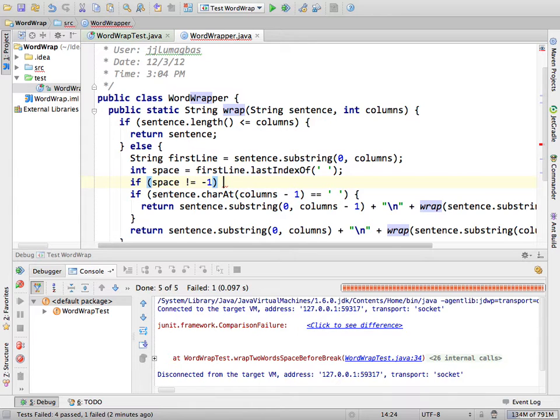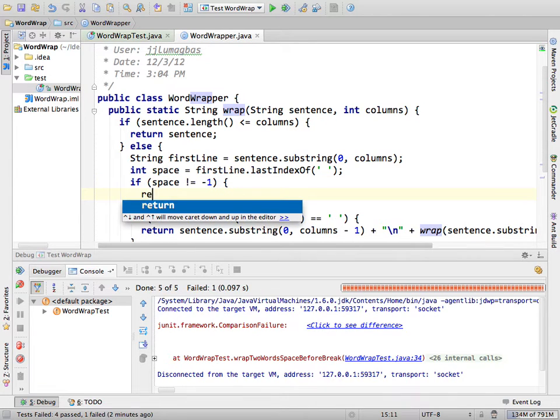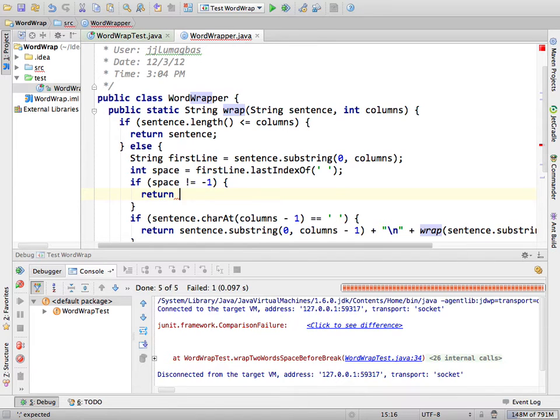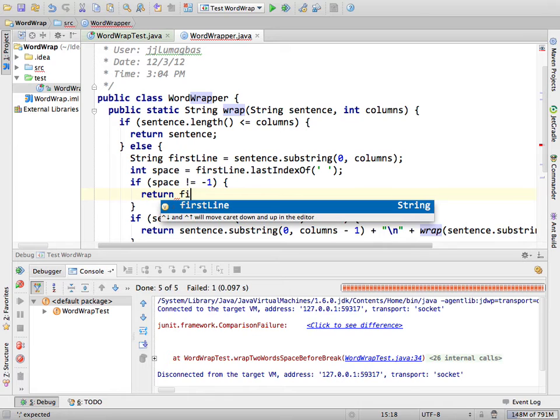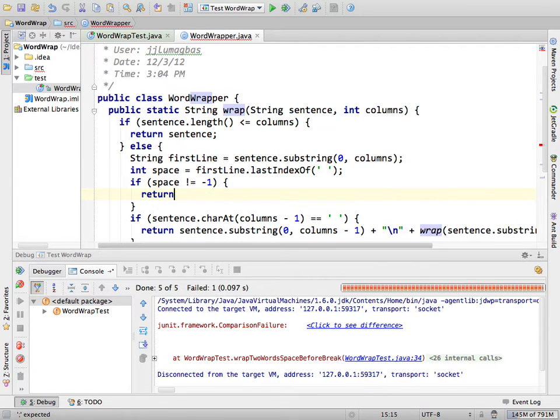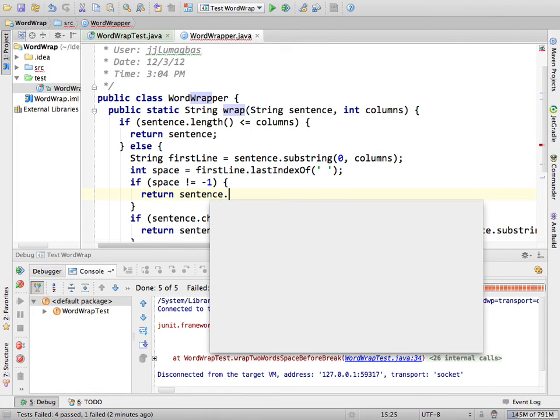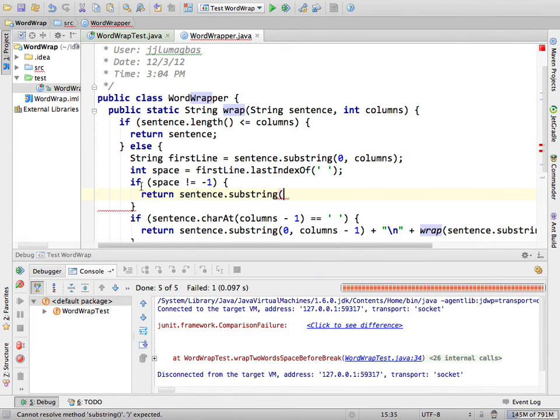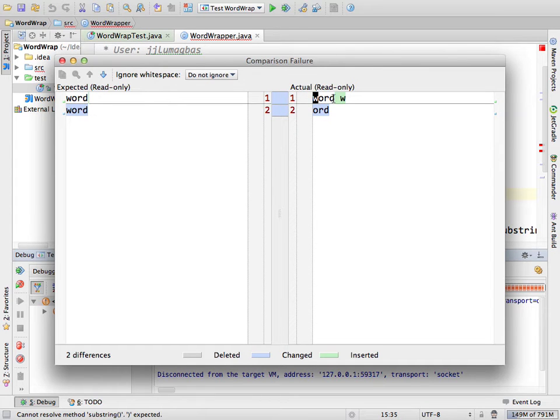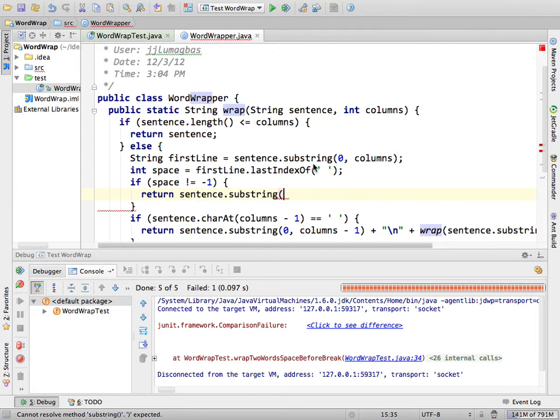If we find the space, how do we cut it? We should return first line. First line or sentence? Sentence. Sentence dot substring 0 to space. 0 to space. Right? 0 to space. Plus